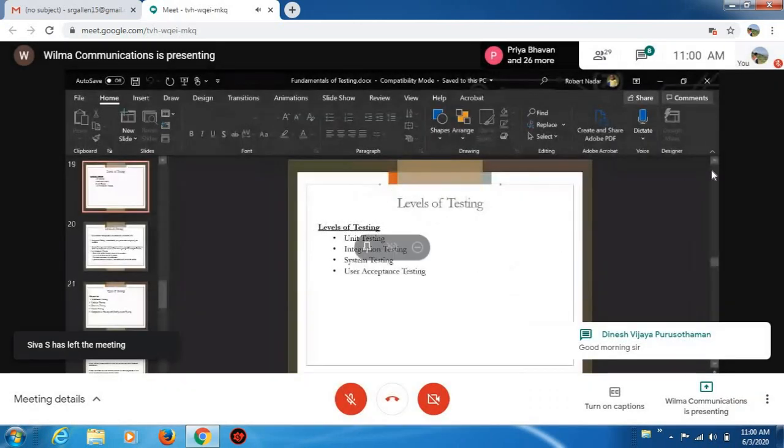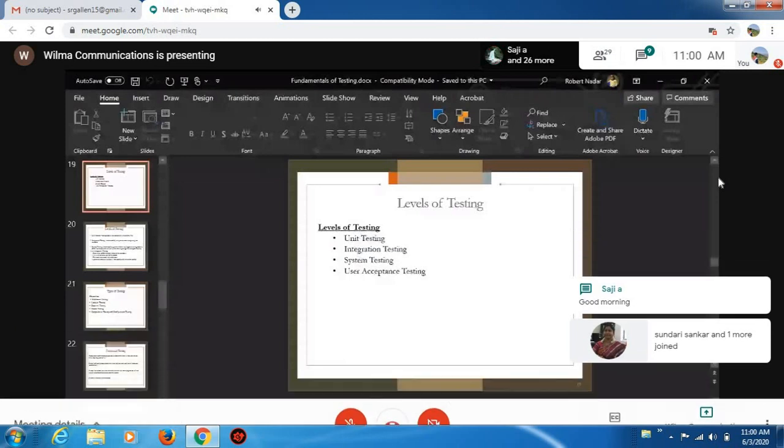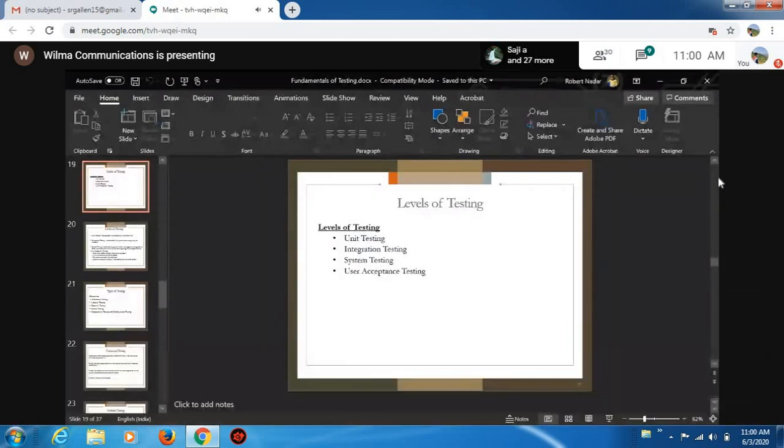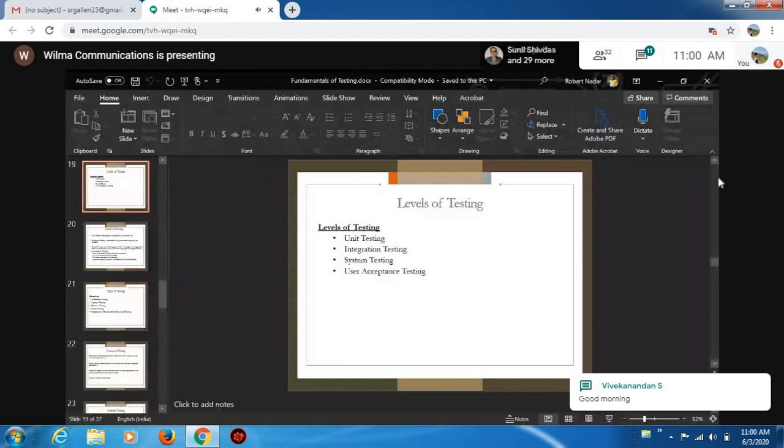Good morning to everyone. So, I will tell you today's objective, and also I will give you the detail for the upcoming rest of the 3 days objective also. So today we are going to discuss the testing levels and different types of software testing, like functional testing, non-functional testing. What are the different stages and levels available for software testing?